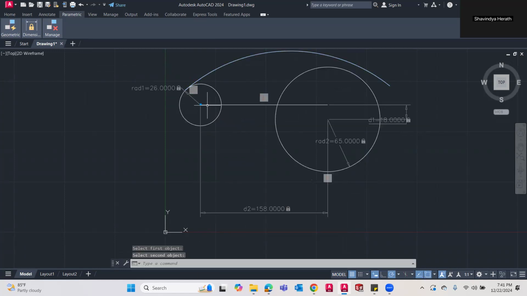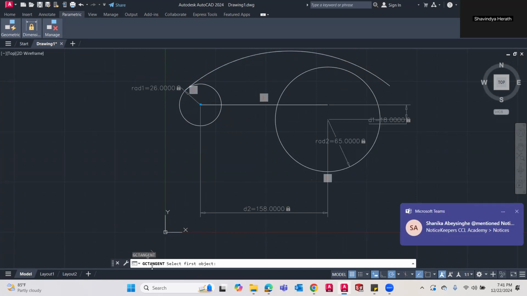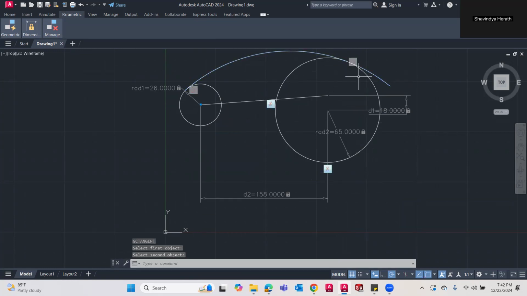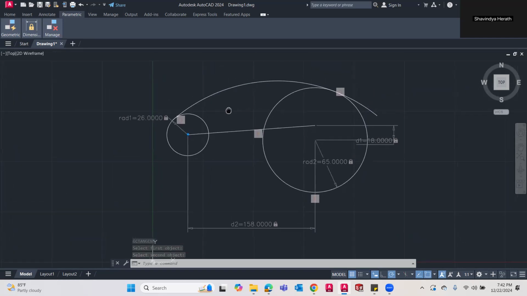Again, the same thing with the tangent command, this object and this object. Now I'm sure these objects are tangent.